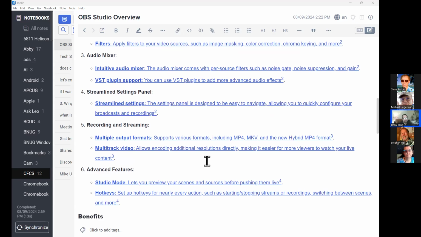Multi-track videos and multi-track audios. One thing that you can do with this software program is record inputs and things that you can't record with other recording programs. For example, if you were to use a simple video recording program on your computer, you wouldn't be able to